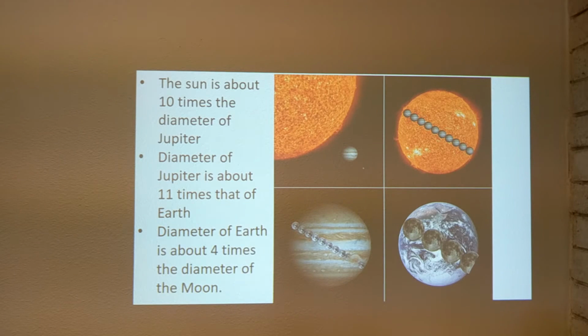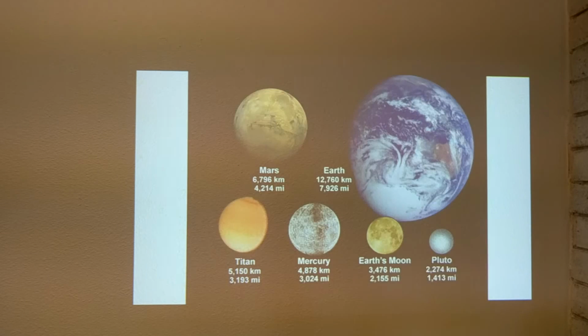So there's a large range in differences between various objects in the solar system, going from the Sun, Jupiter, Earth, and then the Moon. If we look at some objects in the solar system, this is a selection, some are not here, that are a little bit smaller than the Earth, but still pretty large objects compared to many smaller ones. So the planet Venus is not here, but Earth is there, and Mars is significantly smaller than Earth, you can see. And we have some